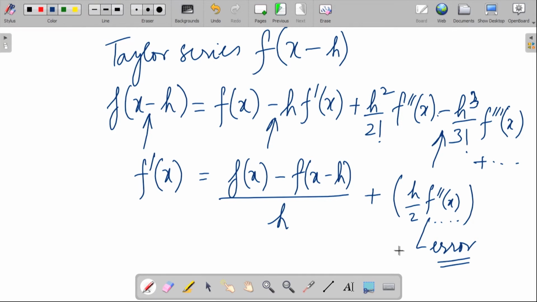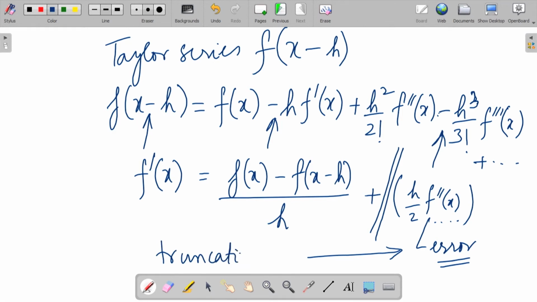So, these will be left out from the expression of the derivative, because we truncate the derivative expression here, and therefore, because we truncate, we will call this to be truncation error. So, there are an infinite number of terms which are left out, which we cannot approximately represent, or we would not like to represent to avoid complexity, and they would contribute to error, and these terms account for the so called truncation error.